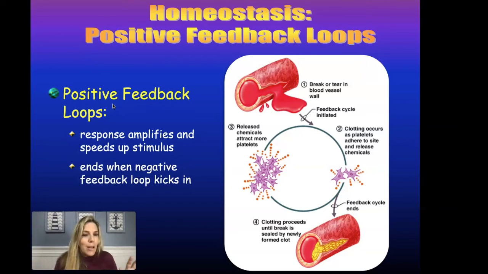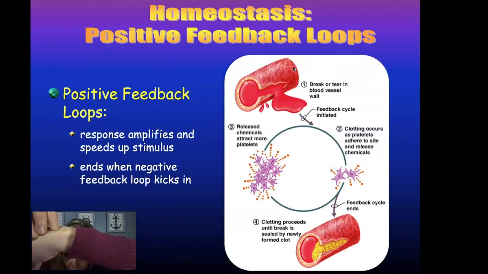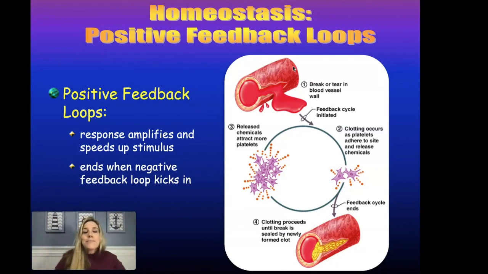So there's some interesting examples of this. One is blood clotting. So if you get a scratch, like I don't know if you guys can see this, but I have a scratch from my cat on my hand. When that scratch happens and you start bleeding, you need to be able to clot your blood to stop the bleeding. Otherwise you could bleed out. So you're going to suddenly get the kick in of a positive feedback loop for blood clotting. So let's say here's the blood vessel. My cat scratched me and out comes the blood. We're going to immediately need to start clotting.